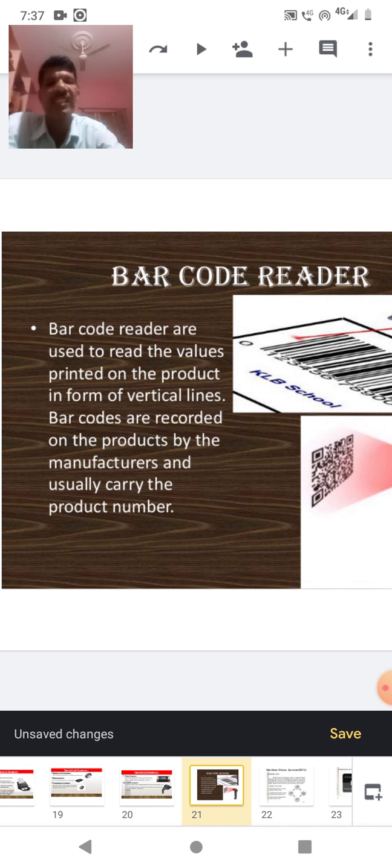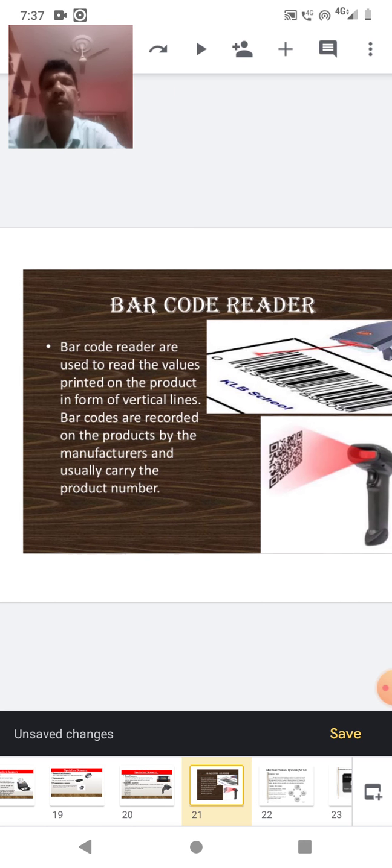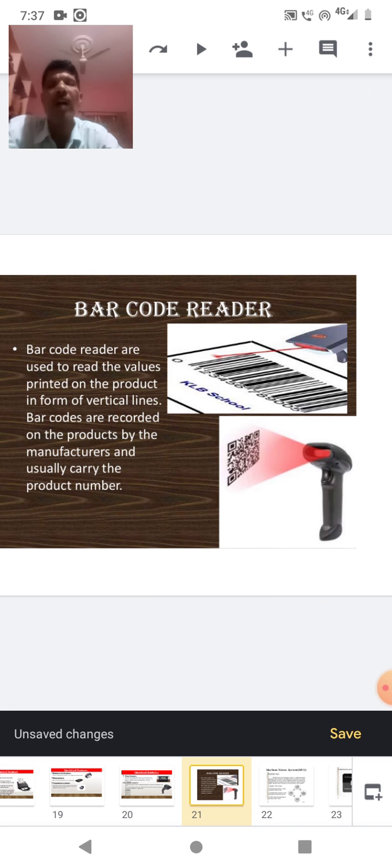Automatically, the concerned code is linked with some data. When it is read by the barcode reader or handheld scanner, the link extracts the product information, which is displayed on the computer screen. So the main point here is that the barcode reader is an input device.